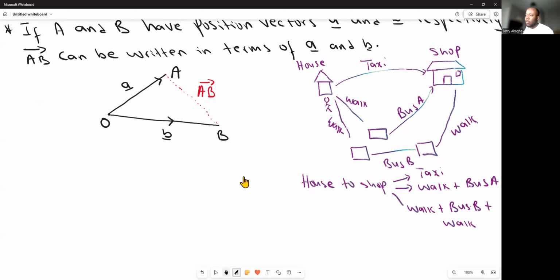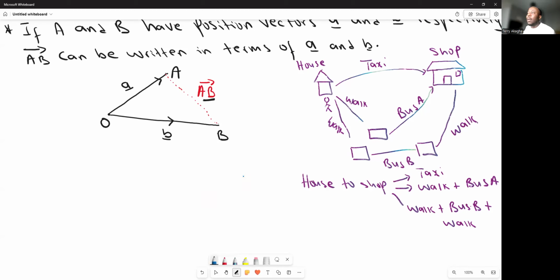Now, in the vectors, I want to move from point A to point B so that I can get AB. So I have to move from point A to point B. So as you can see, the only way I can do this, since I'm moving from point A to point B, let's assume A is the house and B is the shop. So I want to move from the house to the shop. What I can do, because I don't have any direct access like a taxi that can take me straight down, which is the red part, what I can do, I can decide,